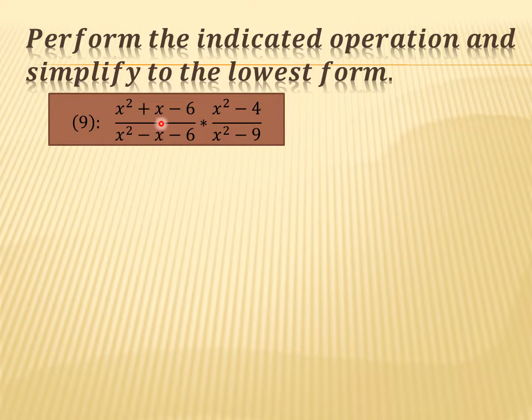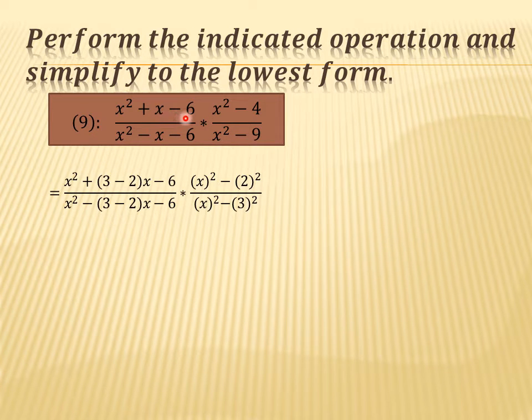We have 3 terms. No sign is common, no variable is common, and no coefficient is common. So we have to break the middle term. Again, in the denominator of the same fraction, we have to break the middle term. Looking at the second fraction, x square minus 4. 4 is the square of 2, so we can apply the formula of a square minus b square. Same goes for the denominator. X square is the square of x, 9 is the square of 3. So again we will apply the formula of a square minus b square.